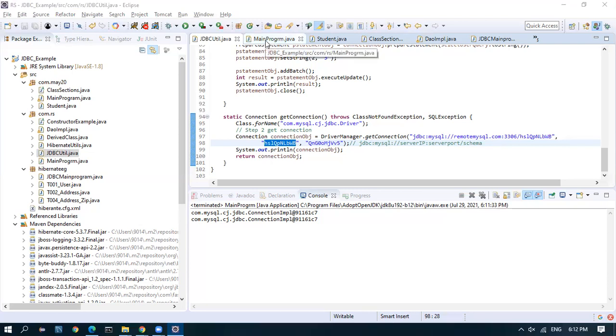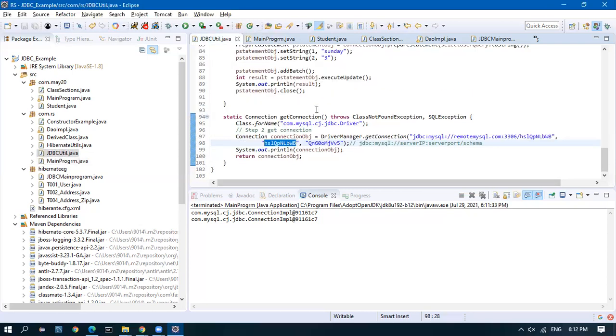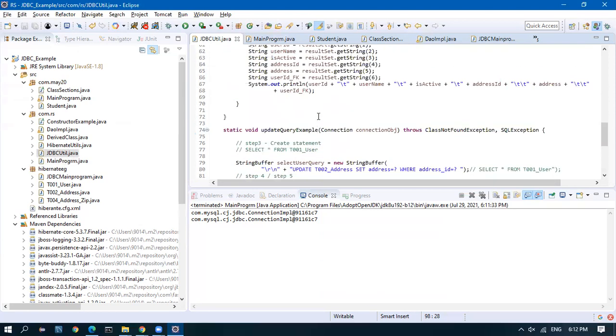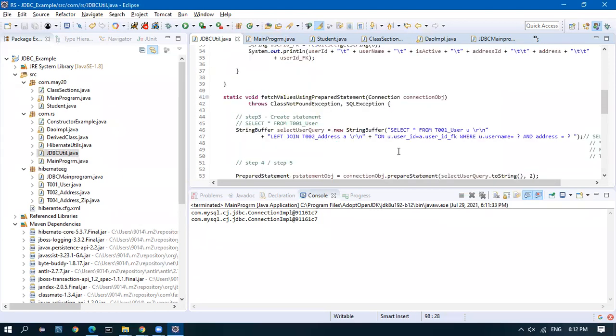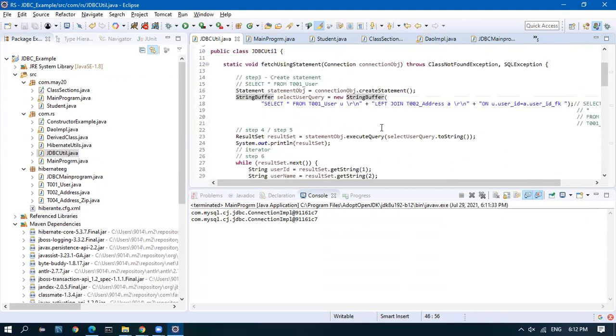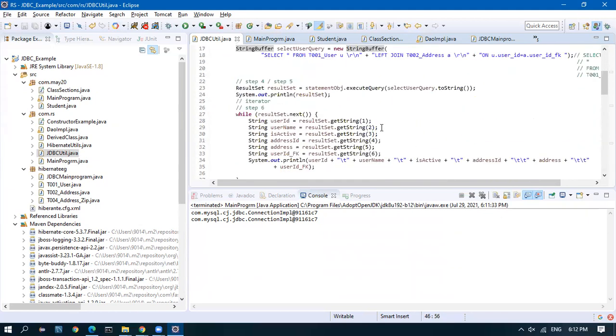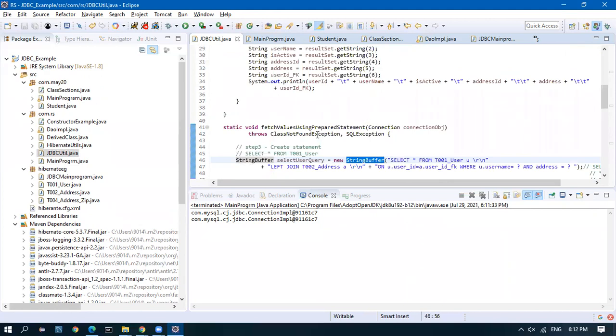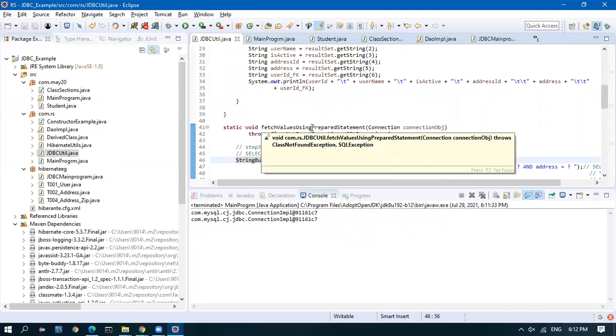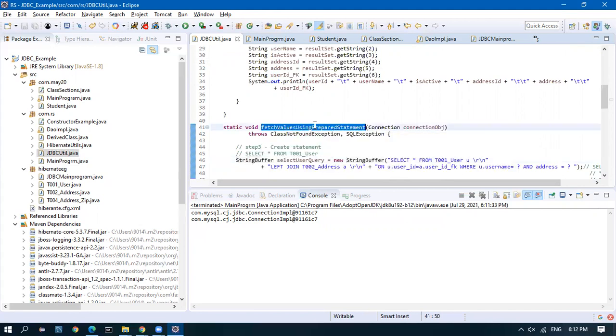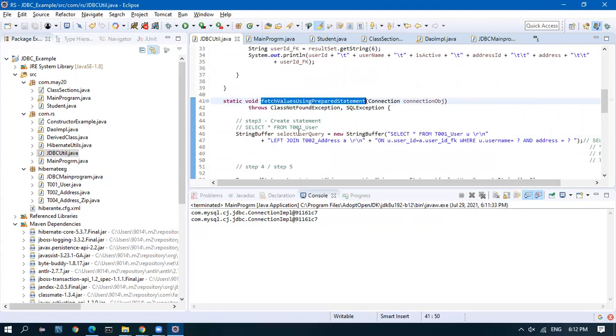Okay. So now using this connection object, I can write queries. For example, I have this select query here. I have this method which is written in the JDBCUtil: fetch values using prepared statement. I have this query: select star from user left join address on user ID in the user table equals user ID in the foreign table.